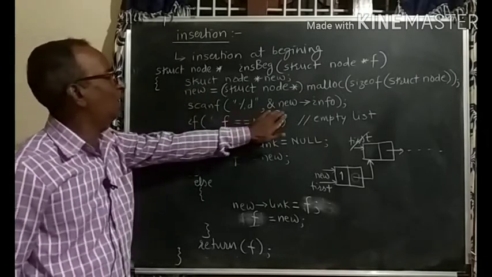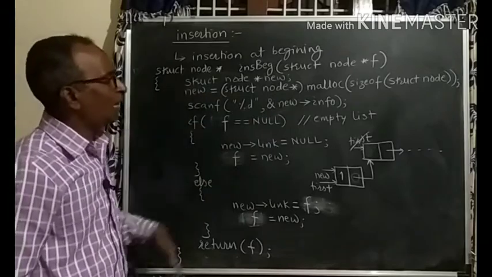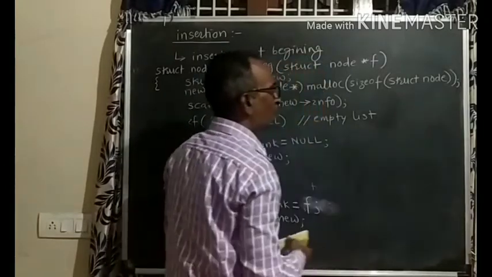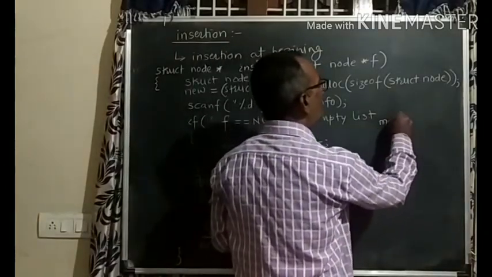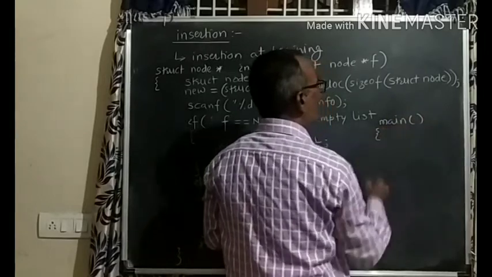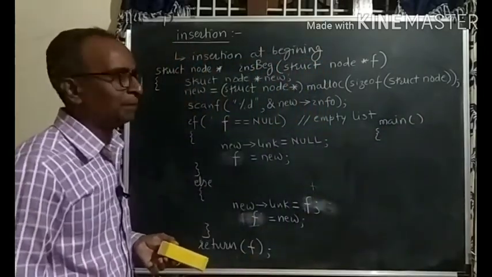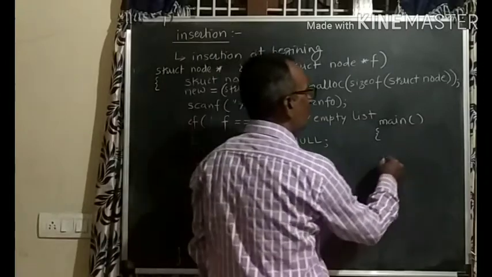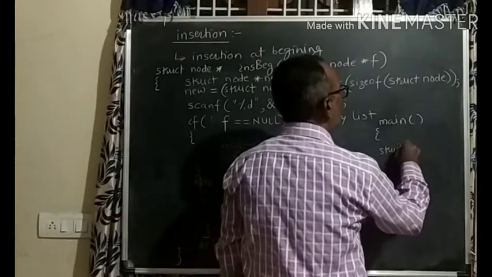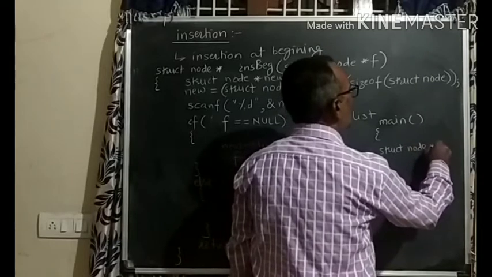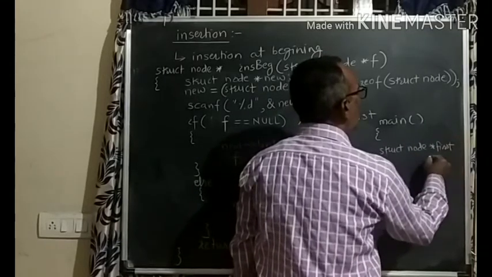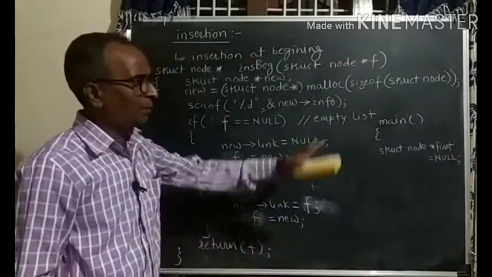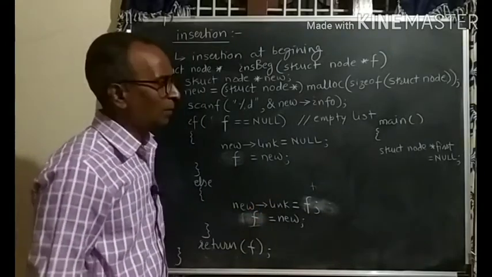Then I am reading here in this. So whenever I call this function, how to call this function from a caller? Suppose main is my function from where I want to call this. I am sending only the first node's address. So I have a linked list. How to call this? See, I am taking struct node star first here, and that I am initializing to null. One first variable which points to the first node.